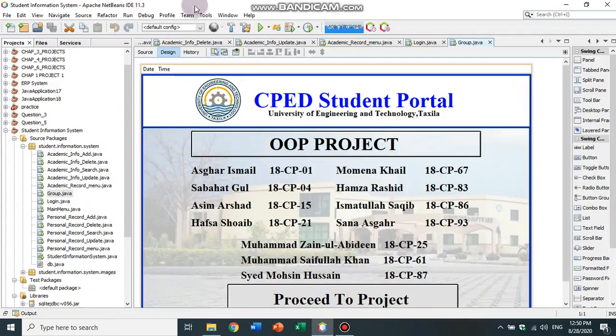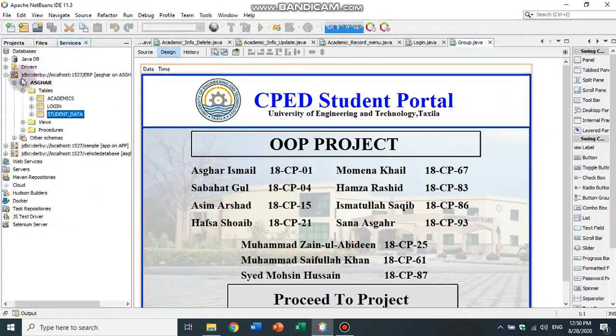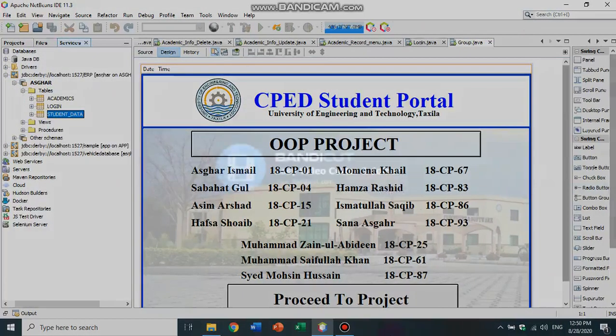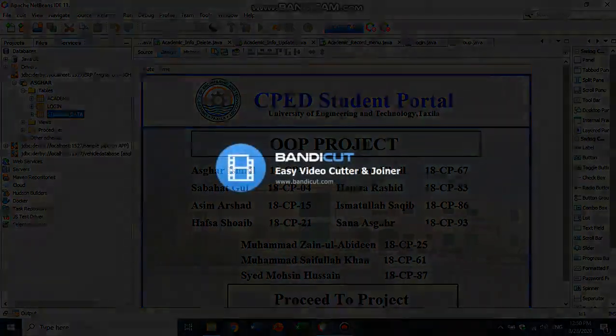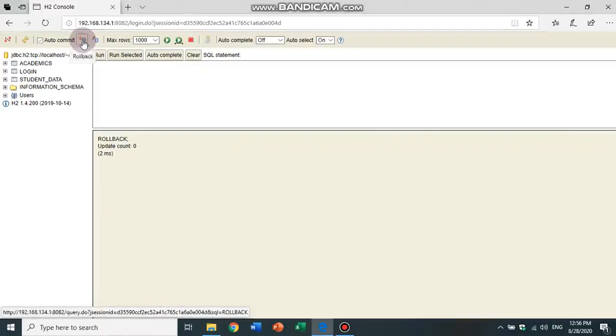Now coming towards the database, I have used two databases, one internal, and I also connected this database to the online database, that is the H2 database. I will show you the H2 database where our data is. So this is the main console of our H2 database, and this is the online database.